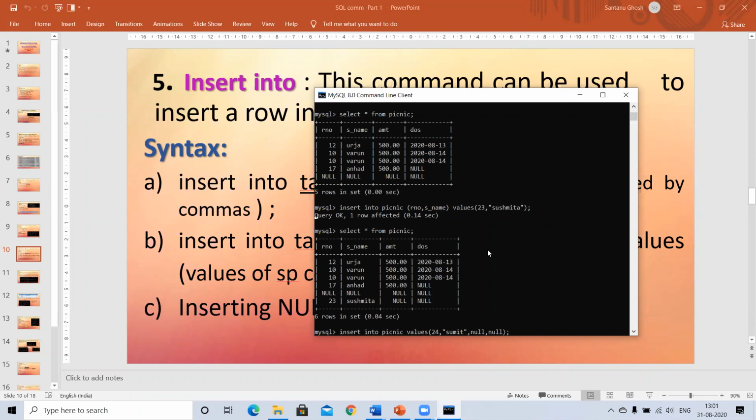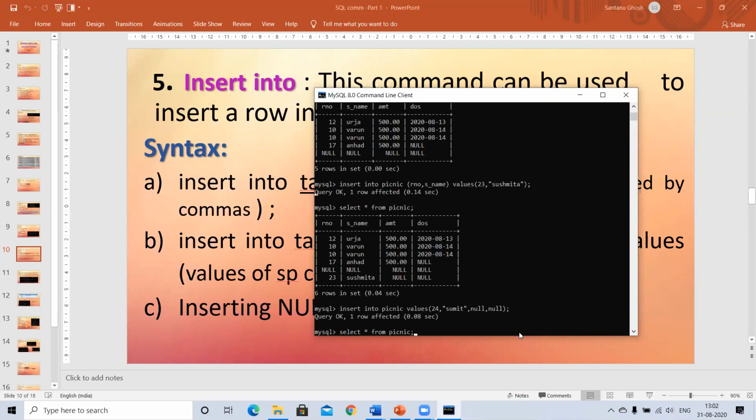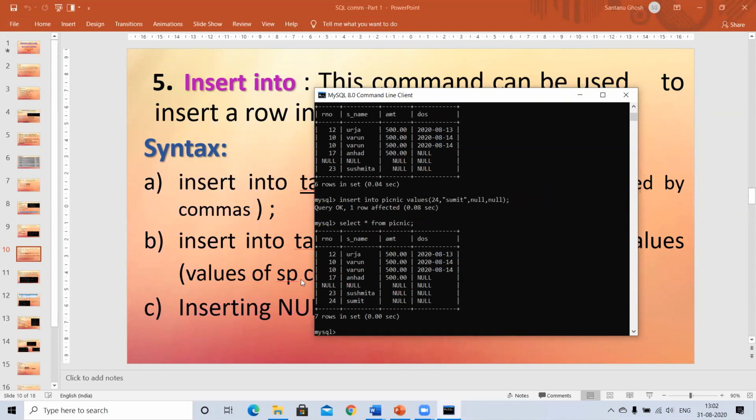If I only want to enter for selective fields, the first method, this one, is preferable as compared to this, because here it's only four columns, so I can easily enter two nulls, no problem. But if it is a big table with 15, 20, 30 fields, for which you just have maybe five values and the rest is all null as of now, then this will not be preferred, because you keep on writing null, comma null, comma null, comma null. Doesn't make sense. So then this case becomes handy. Fine. So you have to understand and think what you want to do, and then accordingly you will be entering the record. So that is how my table looks as of now.